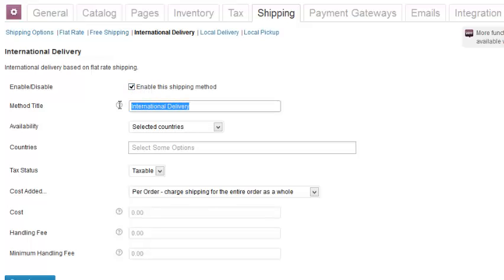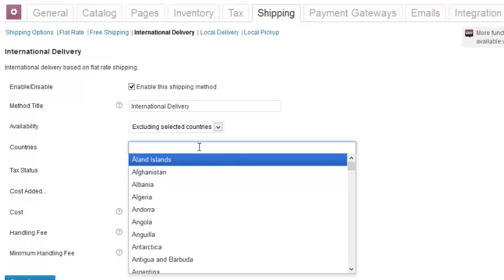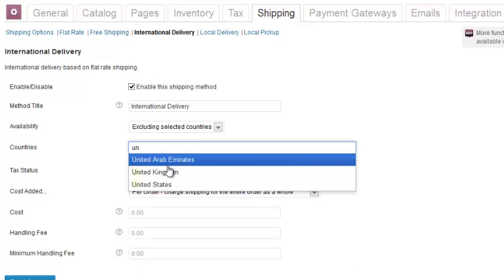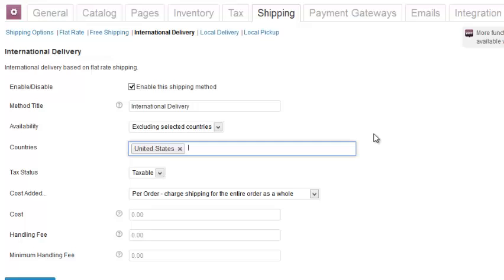This is what the customer is going to see. Again, you could change that if you'd like. And here, basically I have it set to all countries that my store ships to, but I may want to exclude a country. Just so it's not redundant, I'm going to exclude the United States, because they're going to get my free shipping.